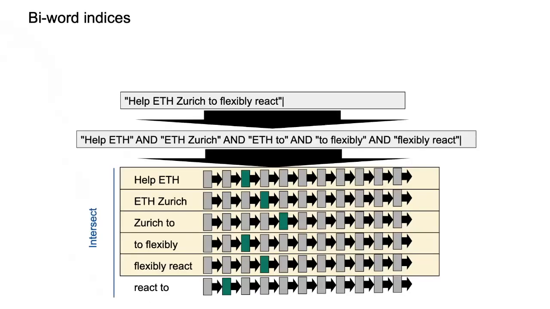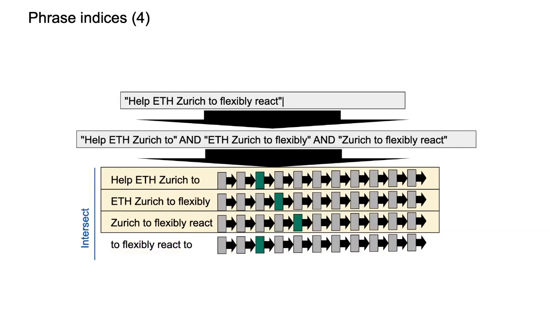Well, you can increase the number of words. You can do it with 3, with 4, right? But of course, the problem is that it doesn't scale, because if you compute the size of the index, the more words you add, the higher the number of posting lists. So this is very hard to make scale efficiently, right? The number of posting lists would every time be like the square, the cube, and so on. So it just doesn't scale. That's the reason why there is another way of doing that, even though you could argue maybe the false positives are okay if you have 4-word indices, for example, but there's another way.